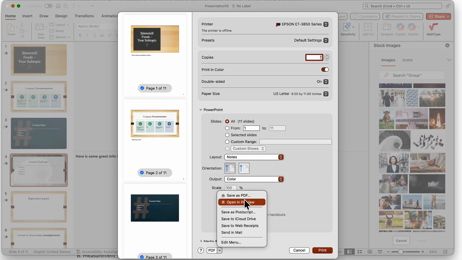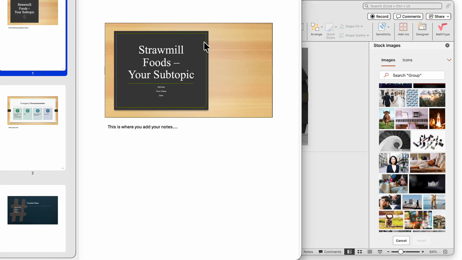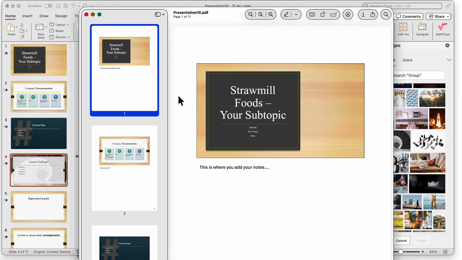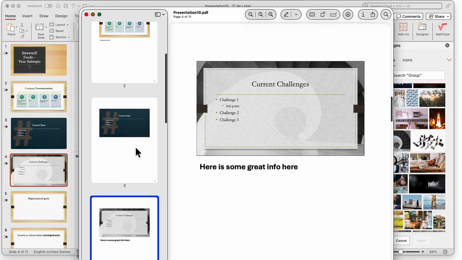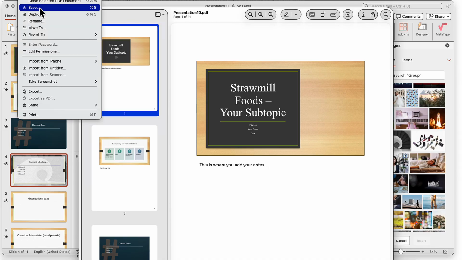So I'm going to, in this case, open up in Preview, and this is a great way for you to check your submissions. You can open the file up and you can see very specifically exactly what it is that I'm going to see. Okay? So again, as I talked about, you'll have your slide here. You'll have your notes down below. You just save this PDF,